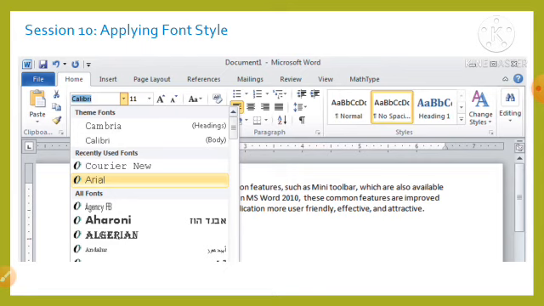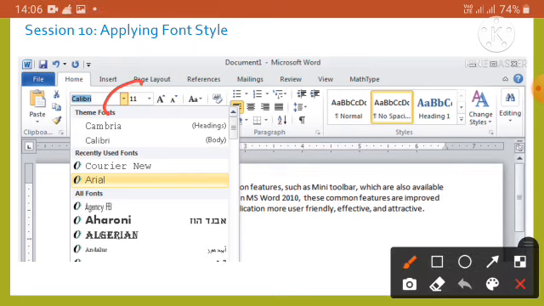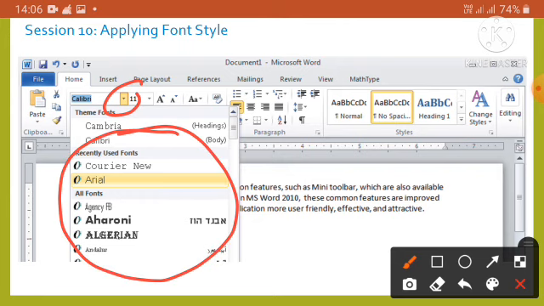To change the font of the text, we need to select the text whose font we want to change. Now click the down arrow of the font combo box in the font group of the home tab, and then select the desired font face from the drop down list as shown in this figure. Okay, the font of the selected text changes.